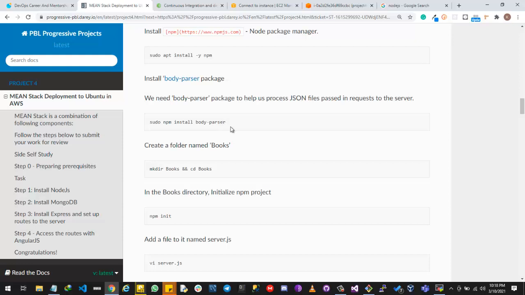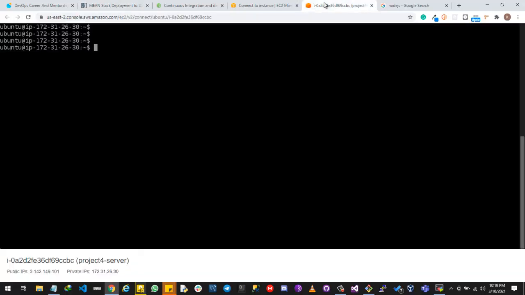Now we need to create a root directory, a folder where we are going to build our application, and we're going to call that directory books. Books without the quotes. The instruction here says make a directory called books and cd into that directory. Now let's do this. You come here and you say mkdir books